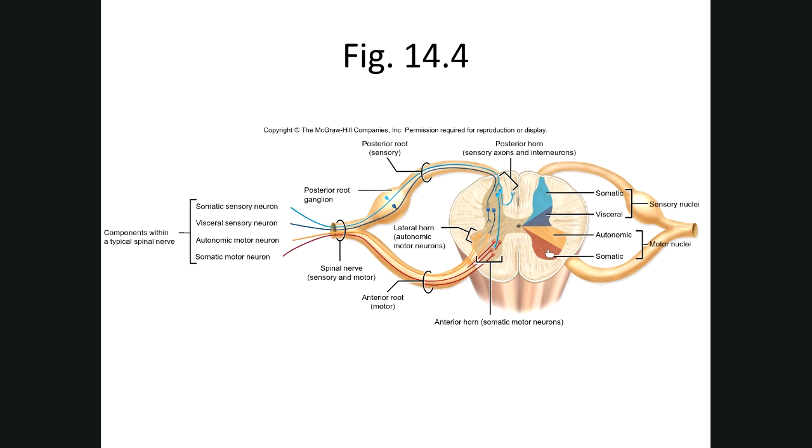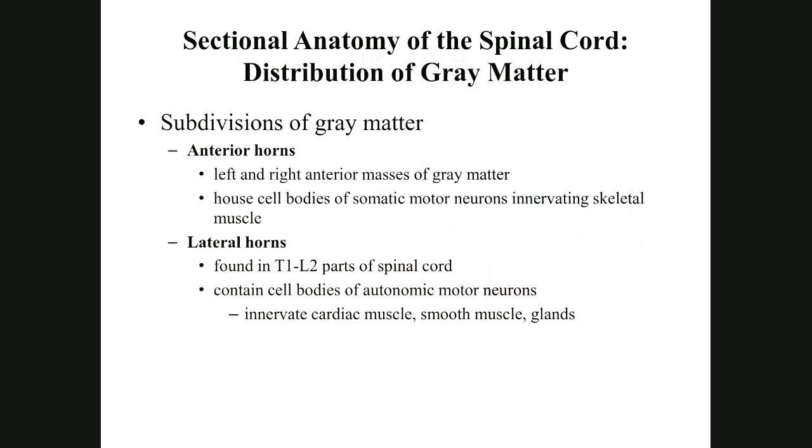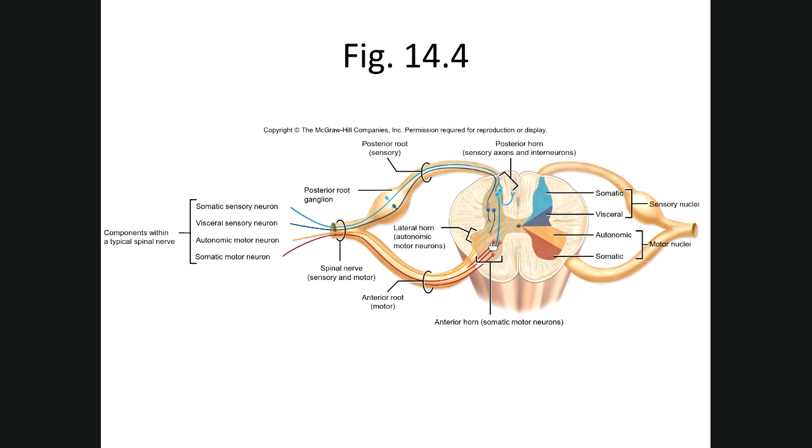So each of these wings, each of these horns, has a function. It's where we house the neurons, the gray matter, for specific kinds of things. Towards the front, and let's point this out one more time, here we can see the anterior horn. Here we can see the lateral horn a little bit, and back here is the posterior horn. Most of the posterior horn is dealing with sensory, lateral is dealing with autonomic, and anterior is dealing with